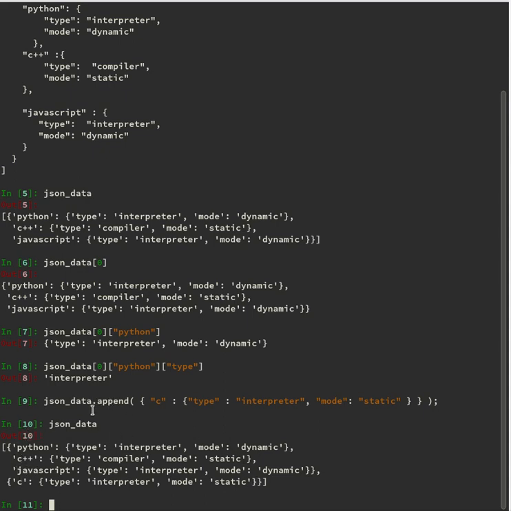So instead of directly appending to the list, let's do one thing. json_data of 0 takes us to here, and now we have to create the object inside of C, which is equal to base, type, interpreter.